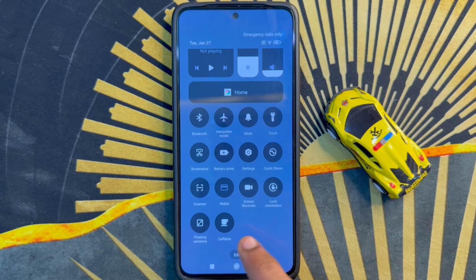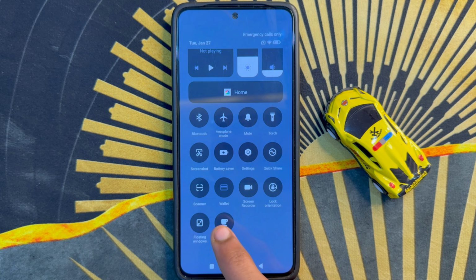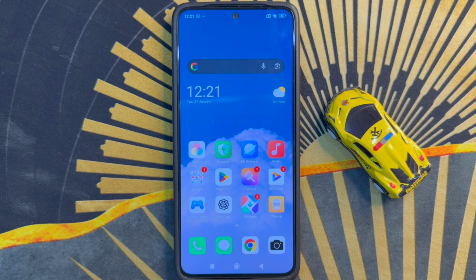You will see Caffeine app is added on quick settings panel, and you will see if you want to change screen timeout, so turn on this button. After turn on this button, screen timeout is changed. So that's how you can change screen timeout to never on